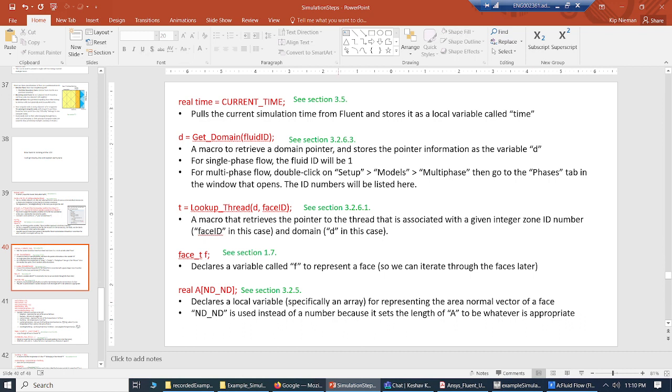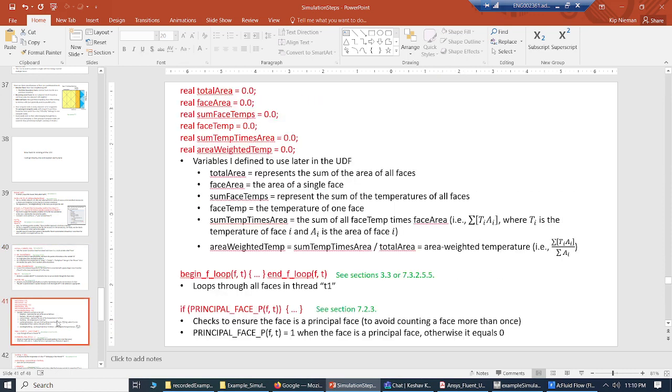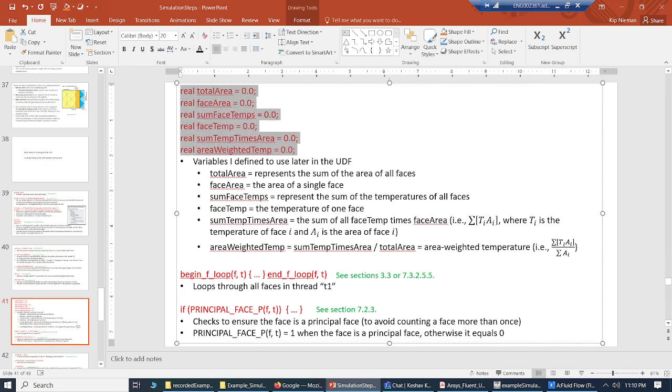As I'm iterating, I'm going to be changing the values of this A vector depending on which face it's looking at in the loop. And so again, this nd is used to set the length of A to be whatever is appropriate for your simulation. Following this, there's a series of